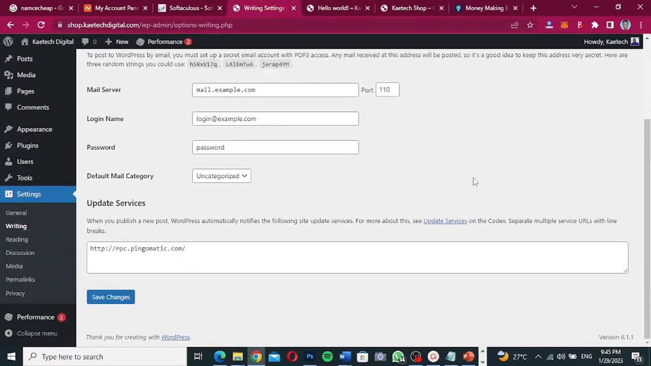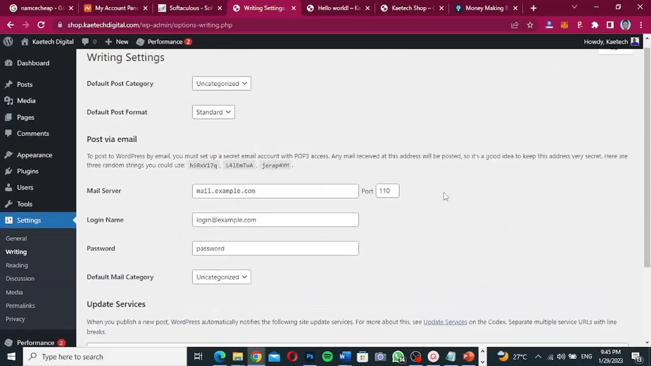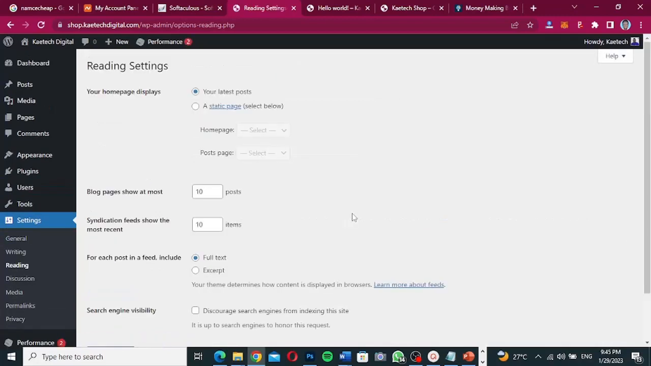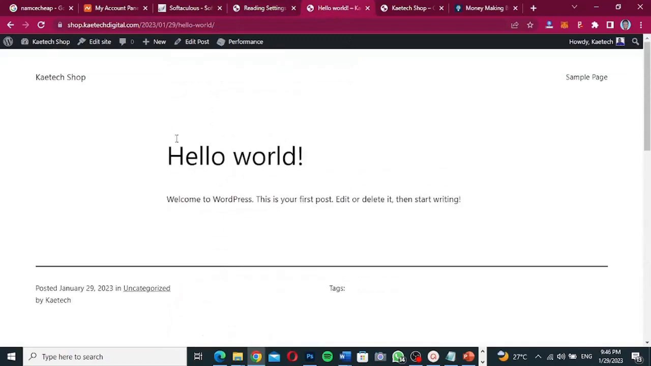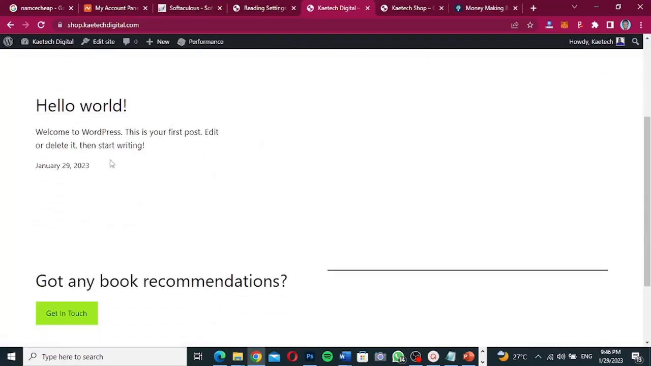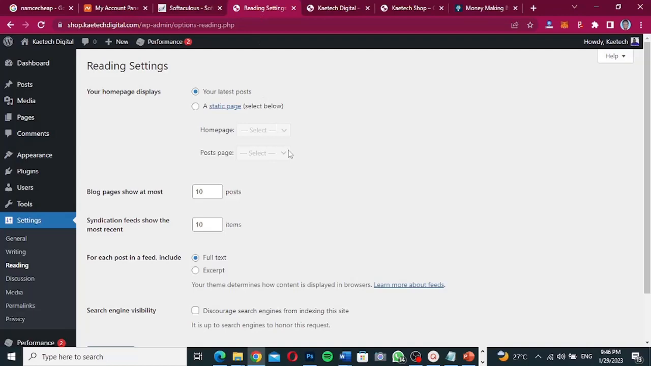I don't really change anything over here in the writing settings, so we're going to leave it as it is. Now reading is also important whenever you have a home page and then a blog page. For now our home page is showing all the latest posts, and that is why when you click on this one over here, you're going to see the home page is showing the latest blog. But if we have a home page created for the website, then we can decide to choose